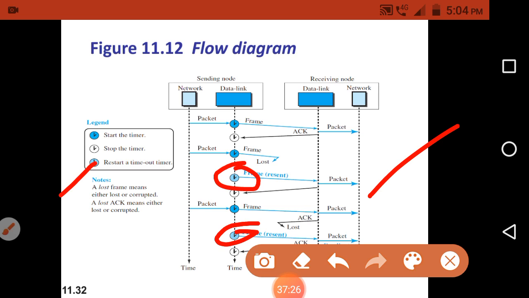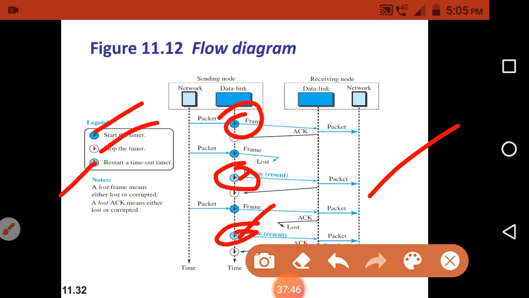Whenever we retransmit a frame, we have to restart the timer, so at that time we use this symbol. Whenever we start a new frame and start the timer, we use this symbol. Whenever we stop the timer, we use this symbol.